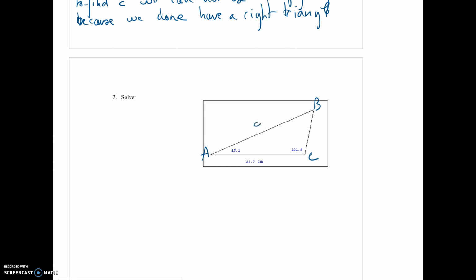Therefore, that is C, that is A, and that is B. I know the expression of B. I know the angle, 15.1 right here. I know the big angle, the angle C, 100. So if I want to know the angle B, pretty easy. B is going to be equal to 180 minus